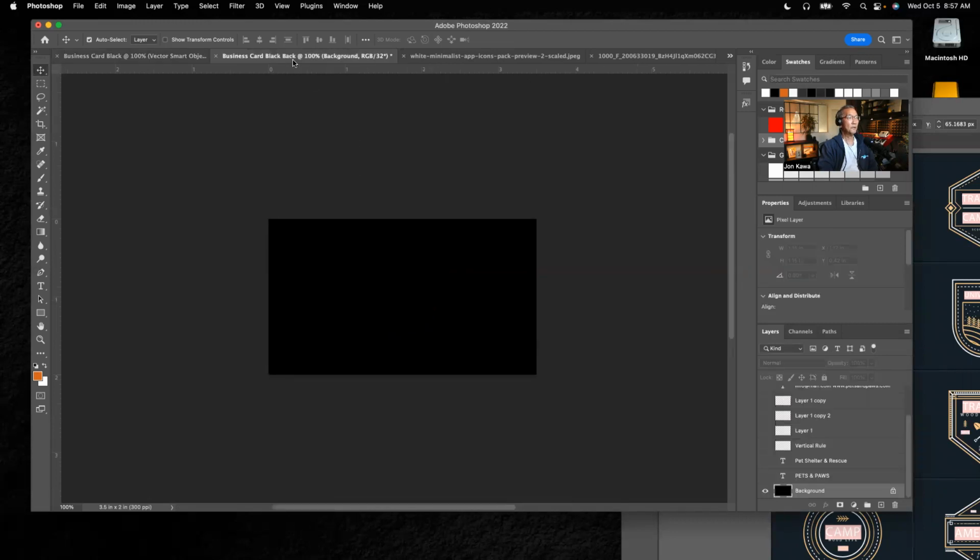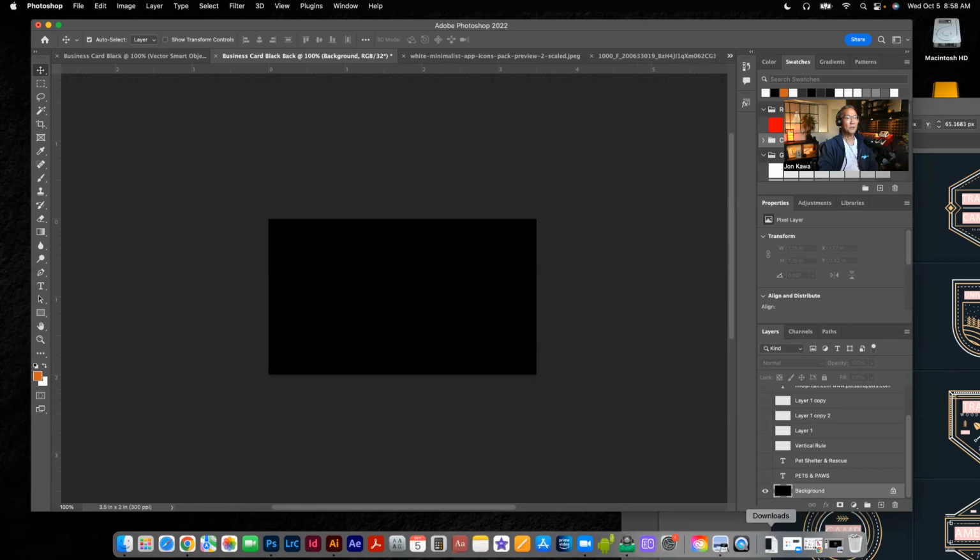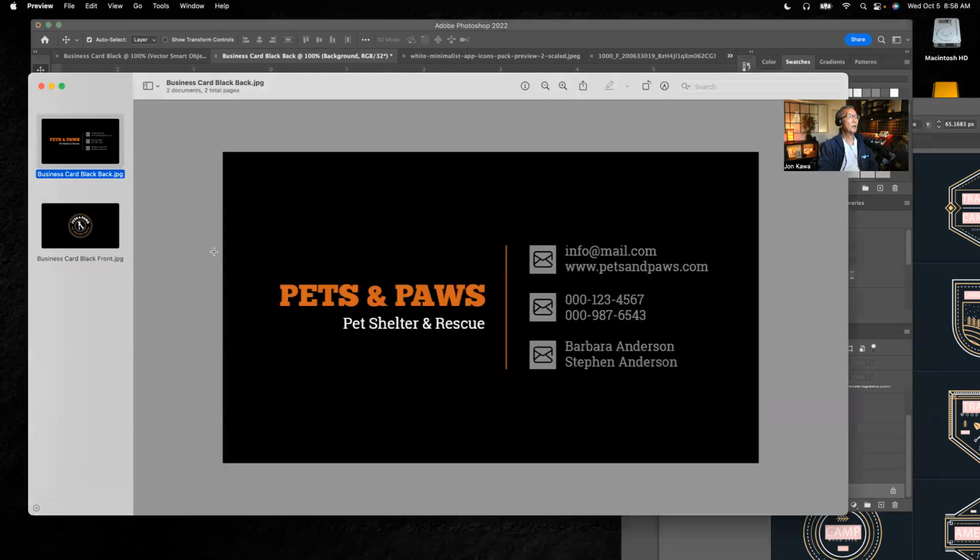The next thing is we're going to create the back of the card. So I opened up another file and we're going to put all of the graphics now on this. Now I've already done that, so instead of creating it now, I'm just going to start activating these layers so that you can see what I did. The first thing I did was my layout, as you can see from the example here. The back of the card is going to look like this. We're going to have Pets and Paws in chunk 5 in orange,